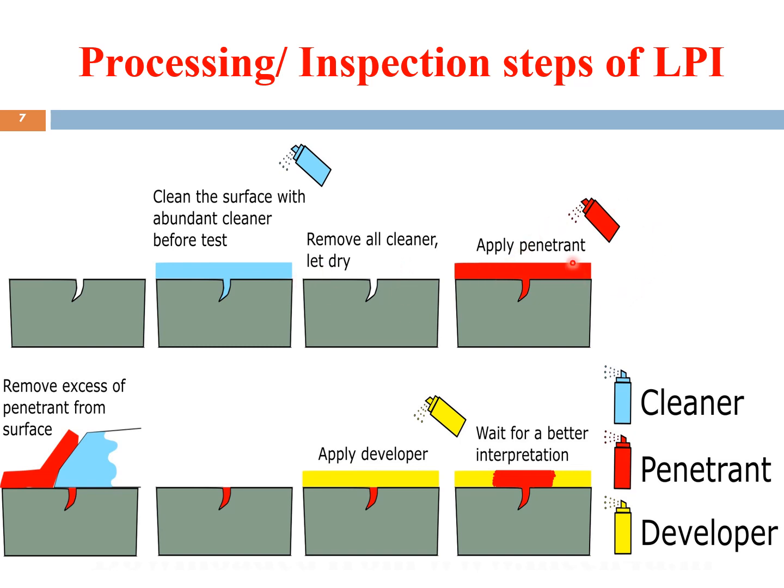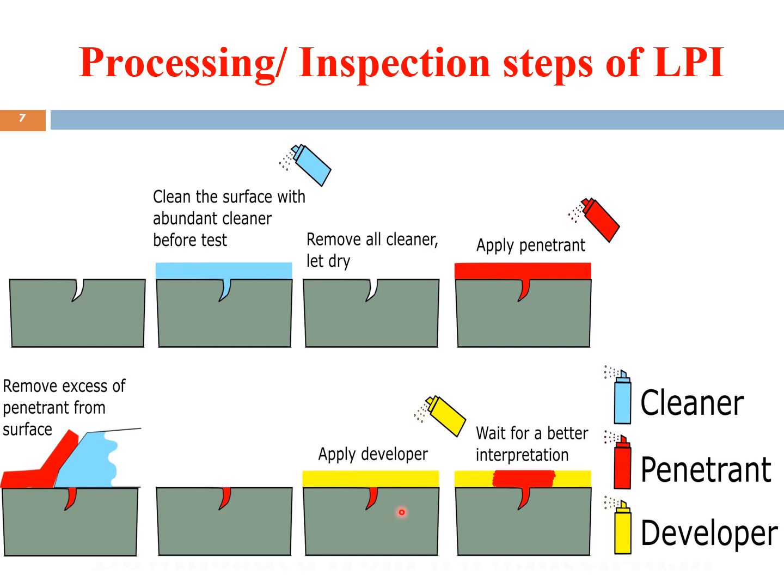The penetrant, due to its low surface tension, will penetrate into the defects. After a certain period of time, when the penetrant has entered the defects inside the workpiece and has settled down, the excess penetrant, if present on the surface, is washed away. There are different methods by which the penetrant can be washed away. After removing the excess penetrant, some penetrant will remain inside the defect. It is again allowed to settle for a certain period of time.